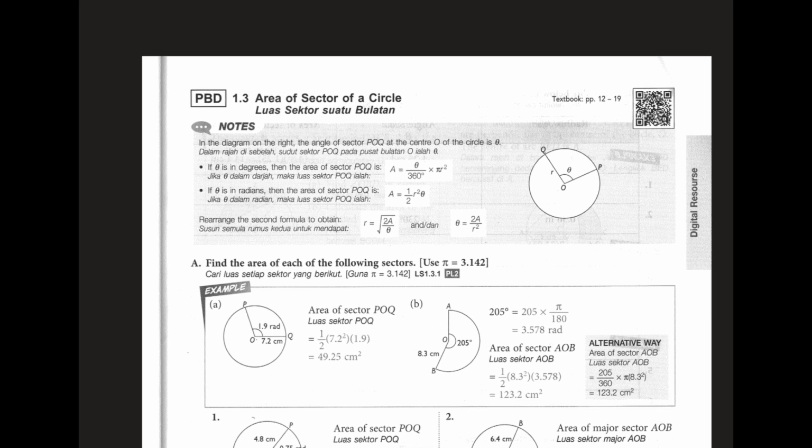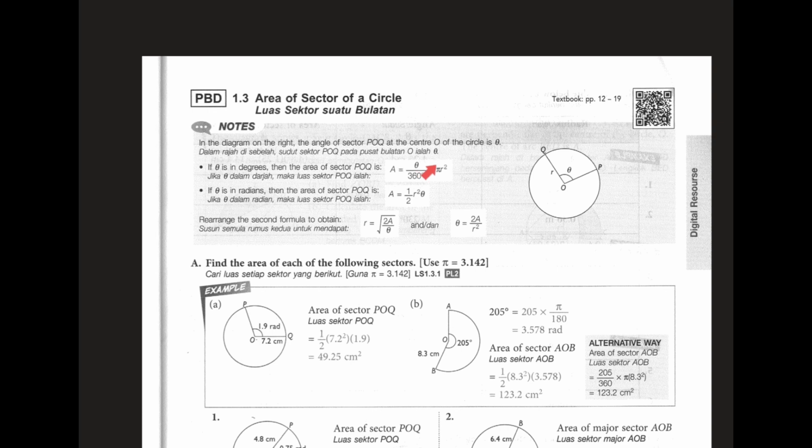So you can see here in the diagram on the right, the angle of sector POQ. You can see POQ, the angle is this, which is theta. So it's at the center O of the circle is theta. If theta is in degree, then the area of sector POQ is A equal to theta over 360 times pi r square. Okay, so this formula is actually using